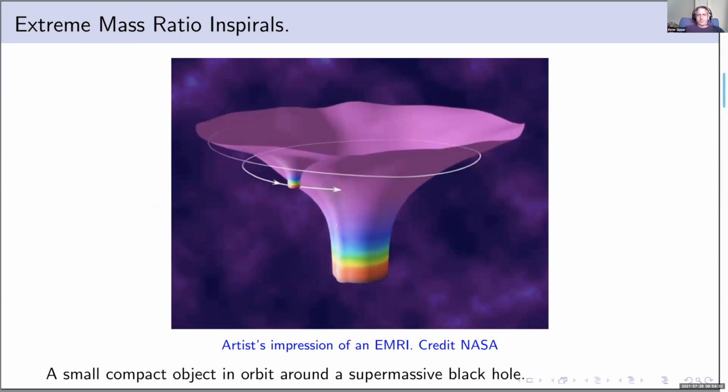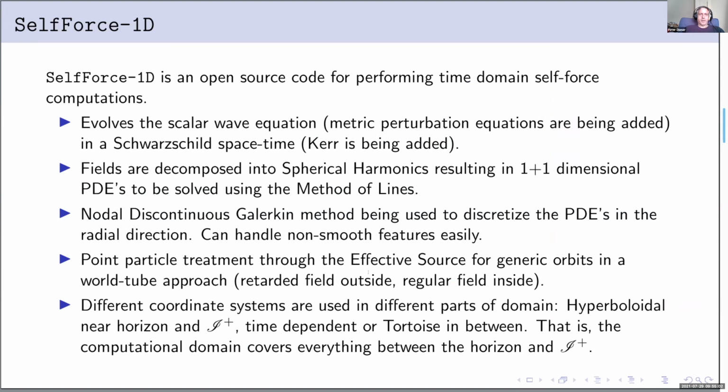Well, first, here's a little artist impression of an EMRI. Well, this is not a very extreme mass ratio. From looking at the size here compared to the size there, it looks like something that might actually be possible to do with numerical relativity. But of course, in the limit of this object shrinking down compared to this, this is what we want to look at. So SelfForce1D